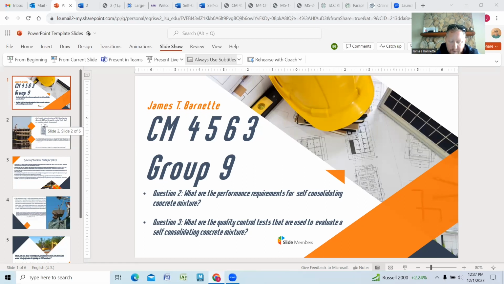Well, self-consolidating concrete is a specialized variant of concrete that has been specifically formulated to possess the ability to flow and consolidate without the requirement of external mechanical vibrations or compaction. To achieve the intended performance of self-consolidating concrete, it is imperative to satisfy specific criteria pertaining to its properties and behavior. Performance requirements commonly encompass